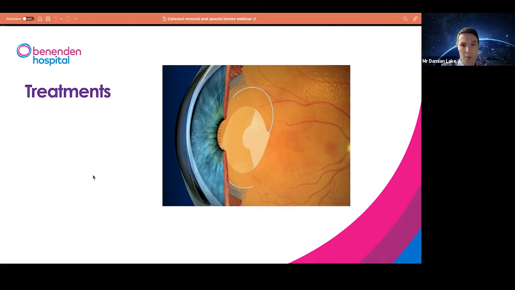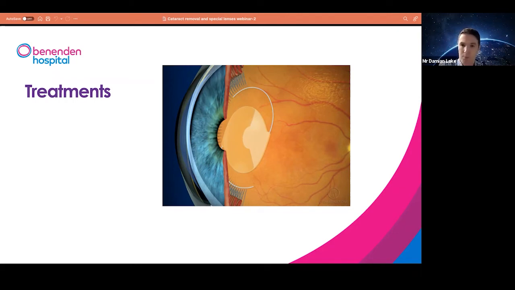Most probably the commonest intraocular lens used is something called a monofocal lens, or a standard lens, which would be commonly used in the health service. It is a very good lens, but it has limitations in that the focus is only at one plane, which for most people is usually in the distance. Then they would need to use glasses, like varifocal glasses, to be able to read up close or in the middle.